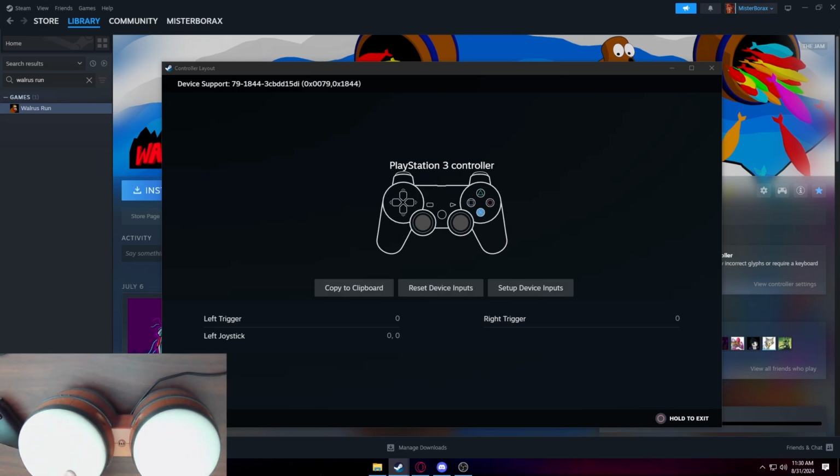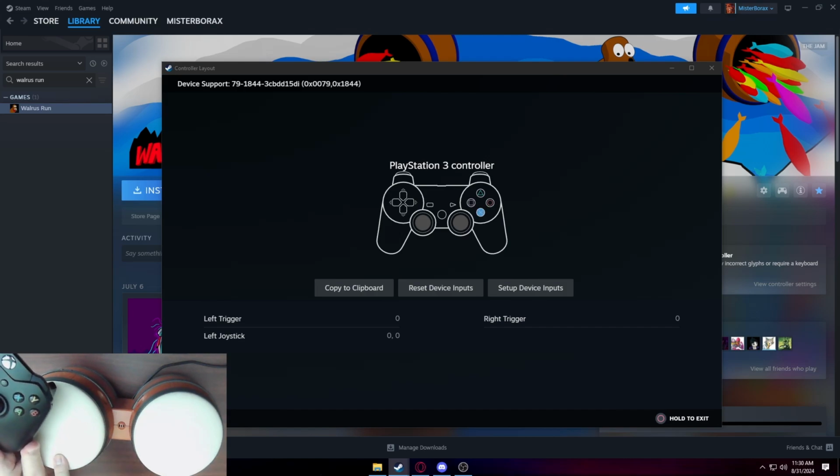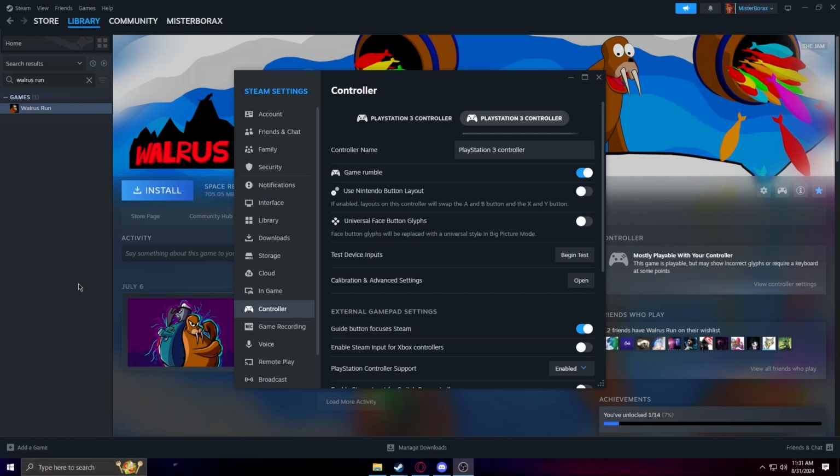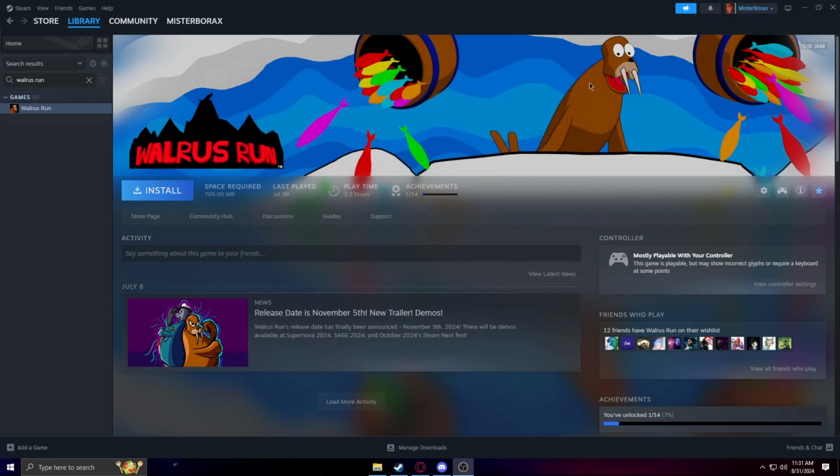So this right here, well, the Xbox equivalent anyway, right here would be A, B, X, Y. This is the right trigger, and this start button, okay? Bongos are now good to go for Walrus Run. Alright, so now that your controllers are remapped, the next part of the process is to enable Steam input on your selected game. So, I can close this menu now, and then navigate to wherever your game is on the